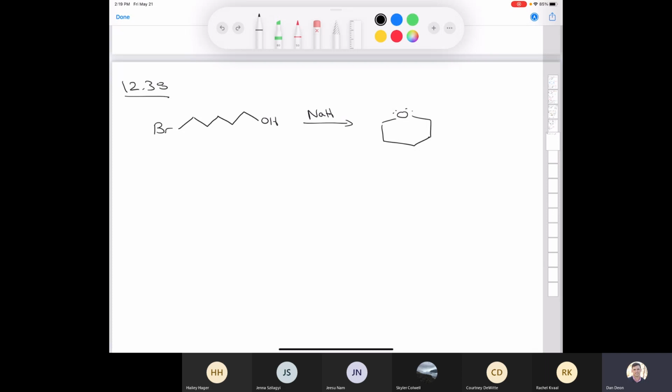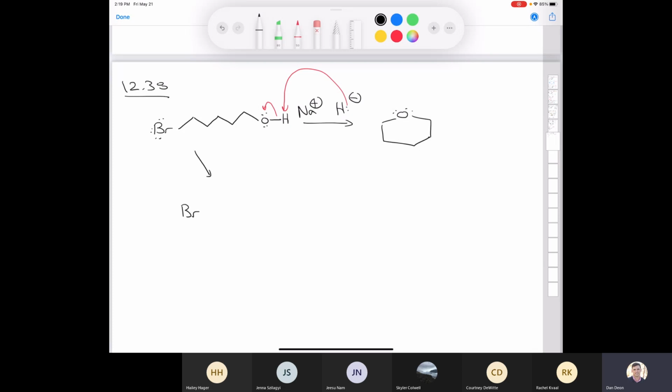But what if we draw the Lewis structure of sodium hydride? Let's try that. So if we draw sodium plus and hydride minus, well, the hydride can act as a base, can't it? So if we have the hydroxyl, remember that we can deprotonate the hydroxyl with the hydride. We can take this and it's going to abstract this proton, put in my lone pairs here. There we go. And then it's going to break that bond,